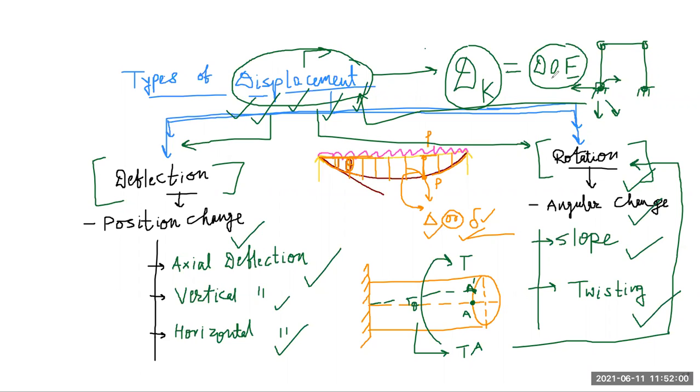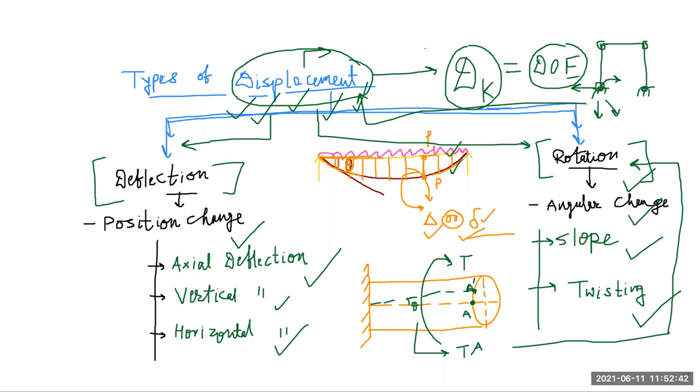Next definition is the number of unknown joint deformations or displacements. I also say deformation and displacement are two different words, but during our structure analysis, I club both words together, because displacement means movement of anything, movement from one place to another place or from one position to another position. Basically deformation means changing shape or form. So here shape or form is changed from straight profile to curve profile. This structure will come, so here a change in shape or form will occur.